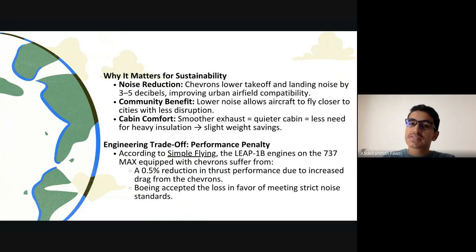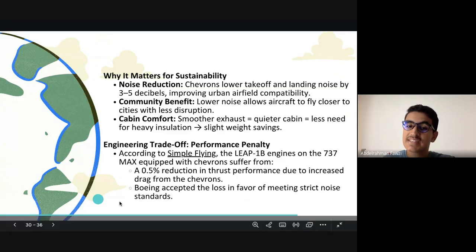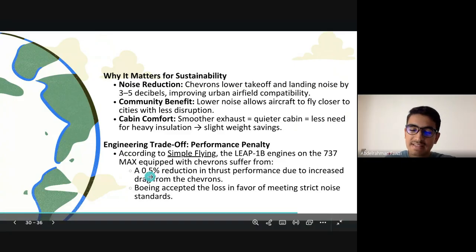There is also a downfall of this design. The engine effective thrust will be decreased by 0.5%. Why is that important? I mean, you would say 0.5 is not a high percentage. Well, when the airplane flies thousands or even millions of kilometers, this is going to yield at the end a massive amount of drag, a massive amount of friction, and again, lots of fuel will be consumed, lots of costs. So this is actually very important. The percentage is not as low as we can imagine. It's quite effective.